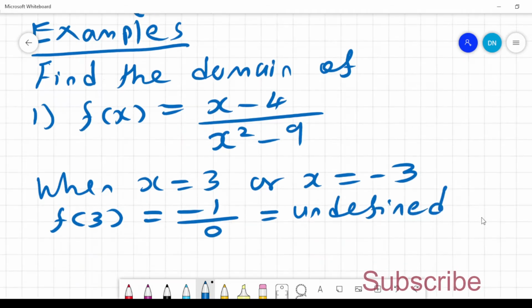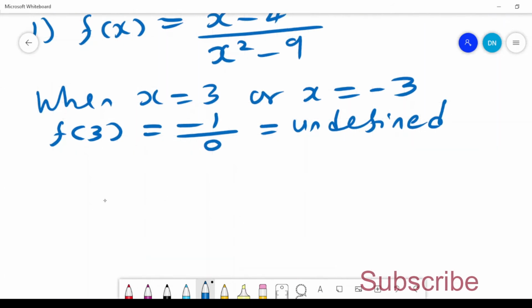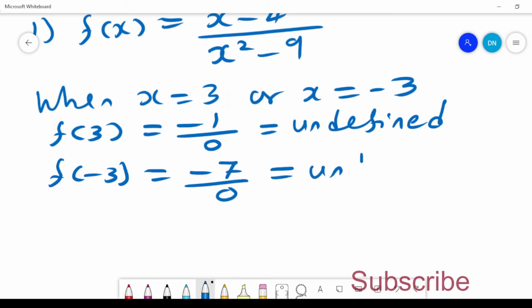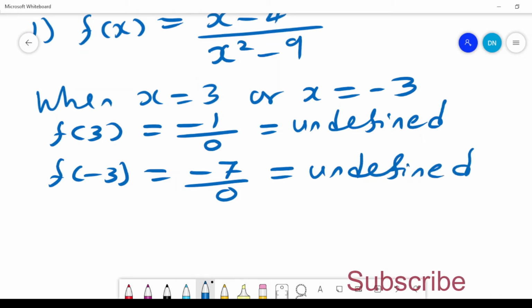That's the first thing we want to avoid. Then the second thing is, if x is negative 3, it will be negative 7 over 0, which is also undefined. So what we are saying is that the value of the function f of x is known at all the other values of x, apart from x equal to 3 and x equal to negative 3. And therefore, when we are writing the domain,